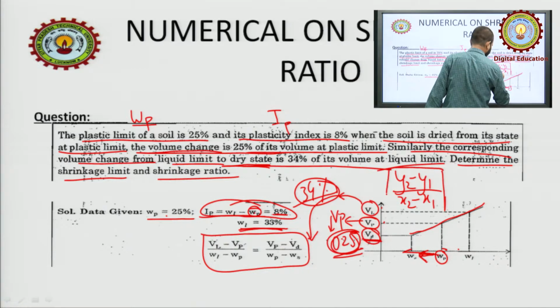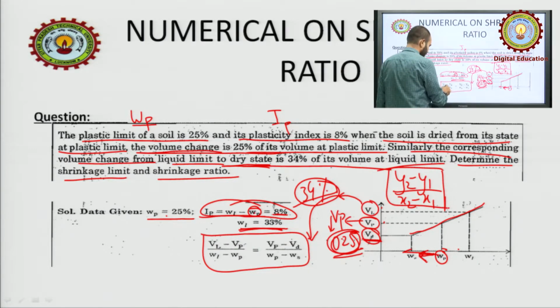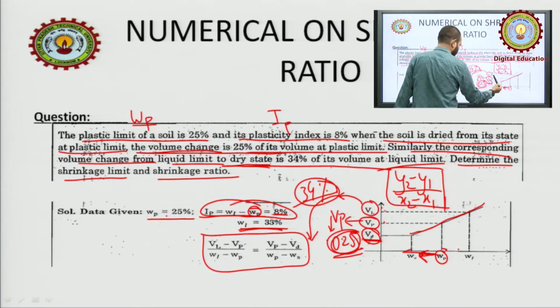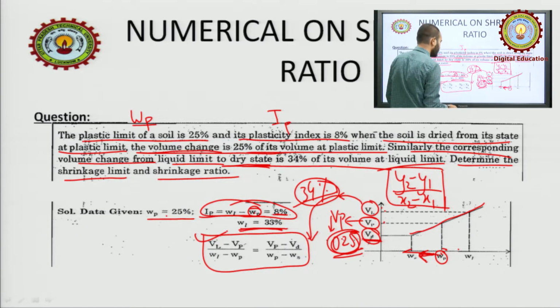Okay, this formula we will be using. VL minus VP upon WL minus WP is equal to VP minus VD, or VS also you can say it, upon WP minus WS. Okay, this formula we have obtained from the same slope formula. Then